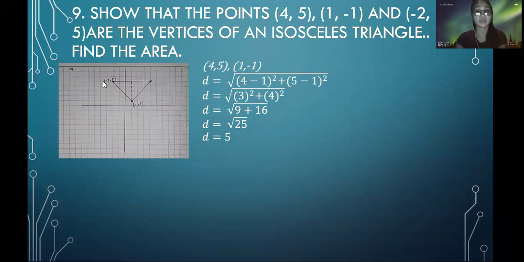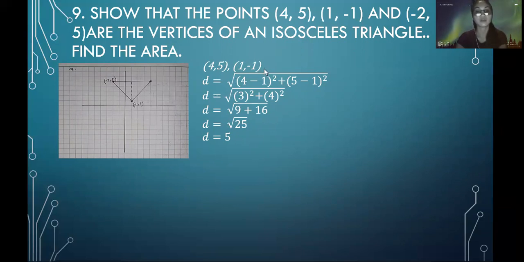Here is the point negative 2 and positive 5 on the plane, and positive 1 and negative 1 is here, and positive 4 and 5 is at this point. So to find the distance between the points 4, 5 and 1, negative 1,